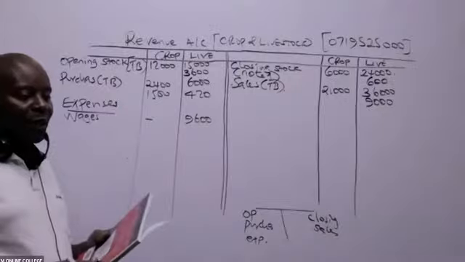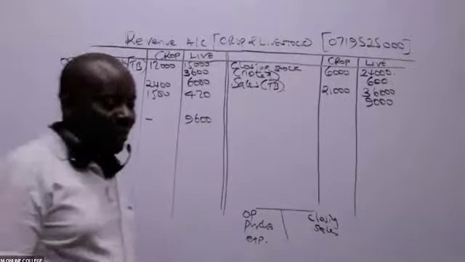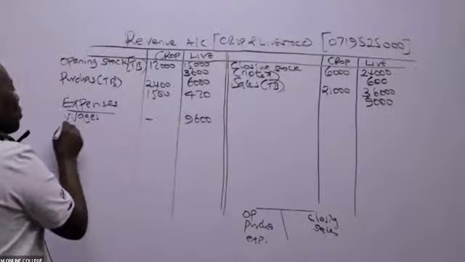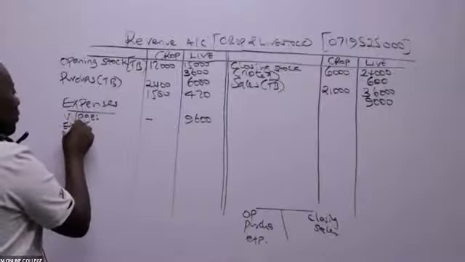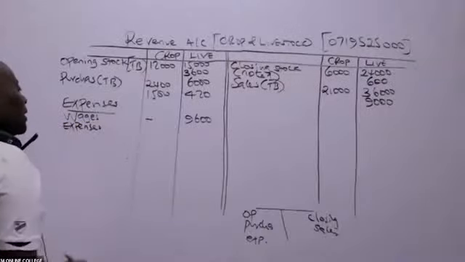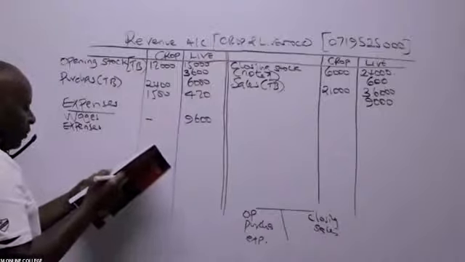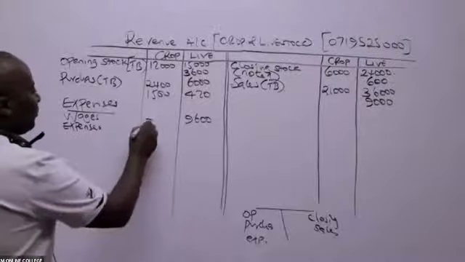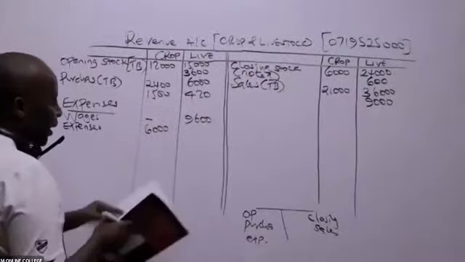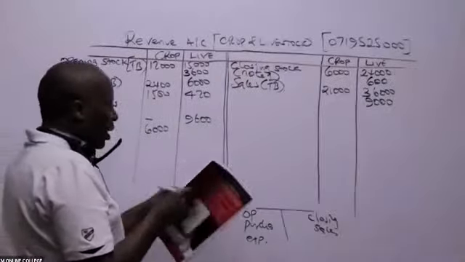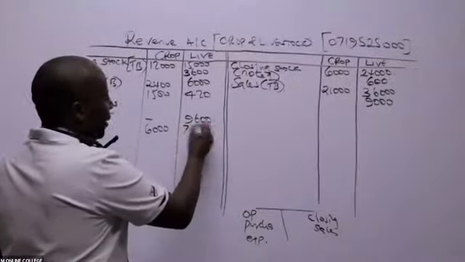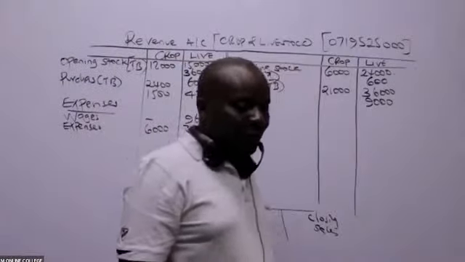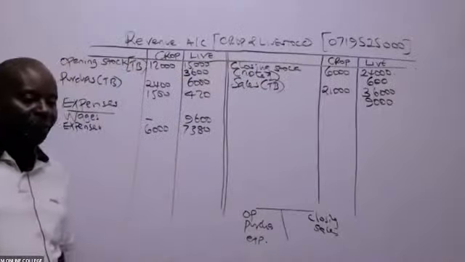Up to there, are we together, ladies and gentlemen? Are these guys following? Yeah, these are direct expenses. And then, of course, we have what they are calling expenses. They should have given this another name, but they've called this expenses, and they are really direct because I can see their traceability. Expenses for crops, 6,000. And then I have expenses for livestock, 7,380. I feel I've moved quite fast, but in one way or the other.